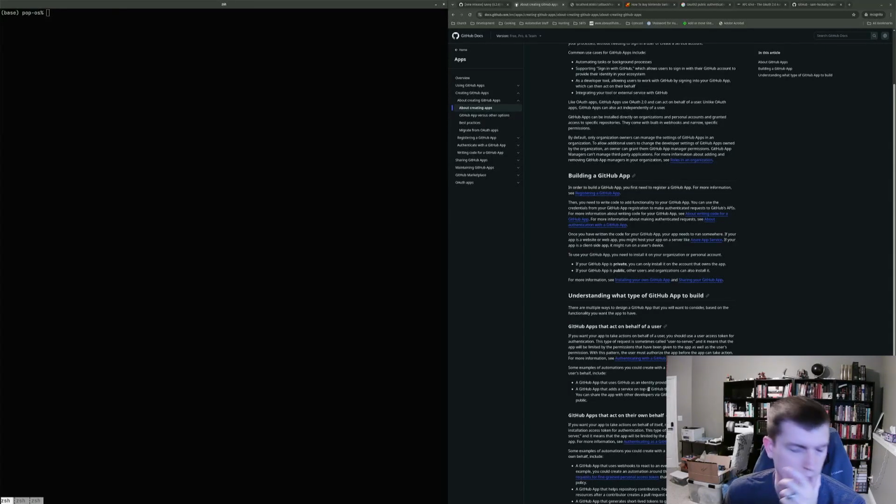Yeah, we'll just read for now. In order to build a GitHub app, you need to write code, add functionality to your GitHub app. Okay, obviously. If your GitHub app is private, you can only install it on the account that owns the app. If your GitHub app is public, other users and organizations can also install it.